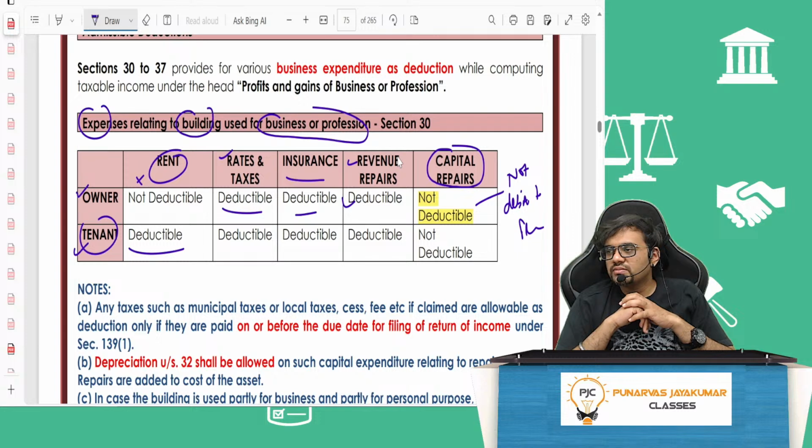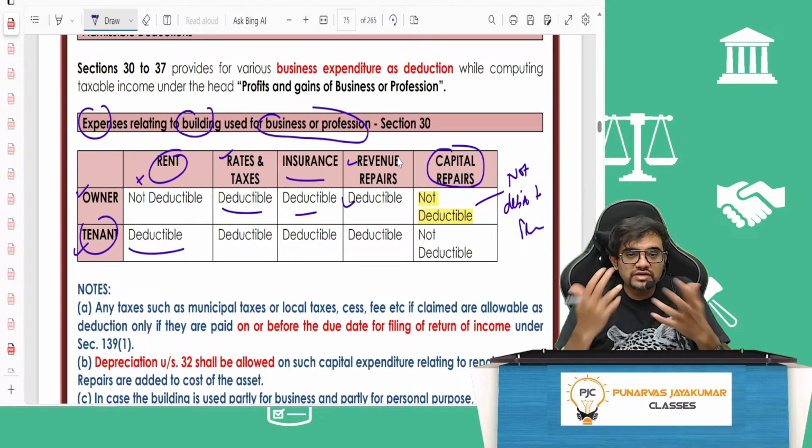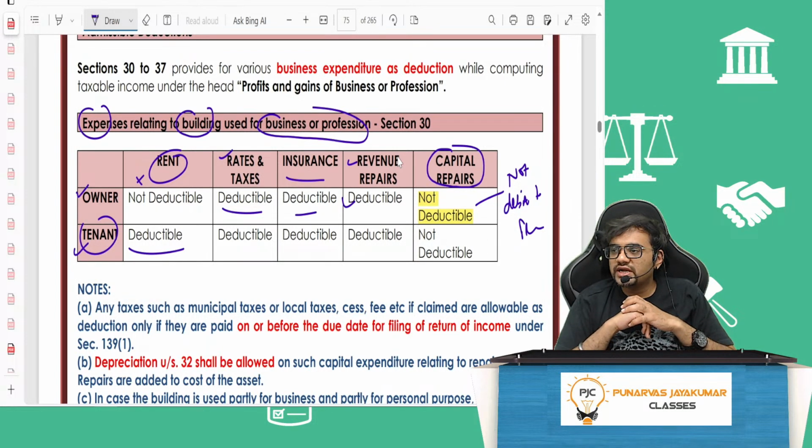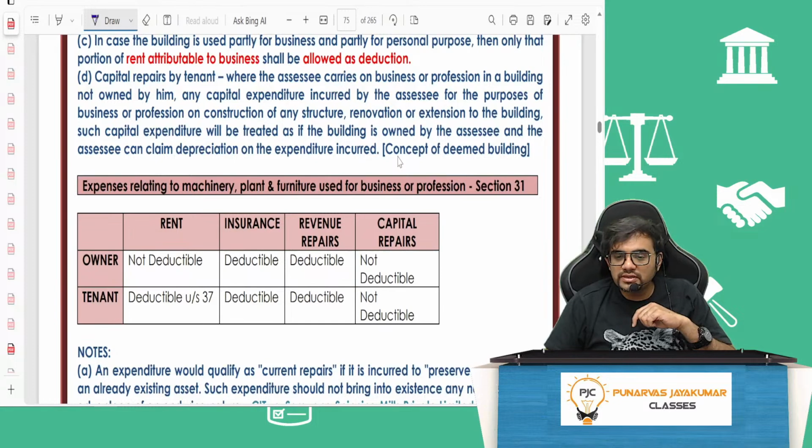The question before the income tax department and the courts was, will I take that 10 lakh directly to the P&L account this year? Or can the tenant capitalize it? Imagine, that's not even his building. Can he capitalize it and claim depreciation on that 10 lakhs because he has used it as if it was his building? Many courts said directly you should debit it to the P&L account. Many courts said no, you are not allowed to debit to the P&L account because it's a capital expenditure, but you cannot capitalize because you are not the owner. Like that, many problems came. So the lawmaker decided to change the law and create a concept called deemed building.